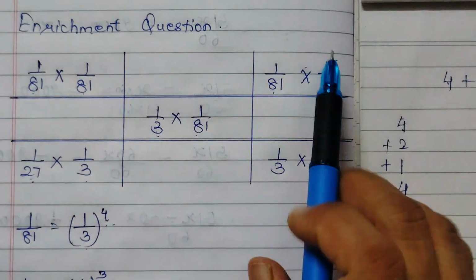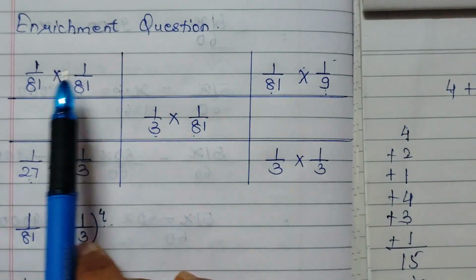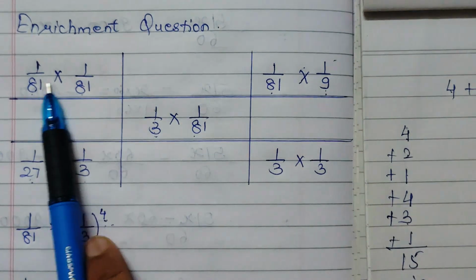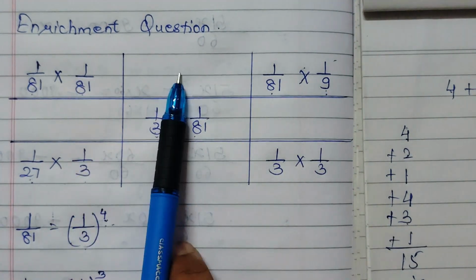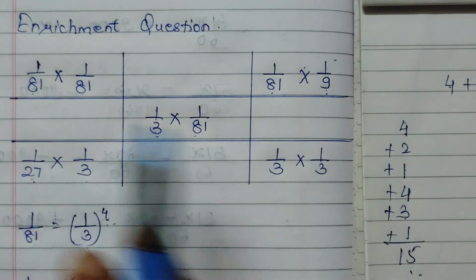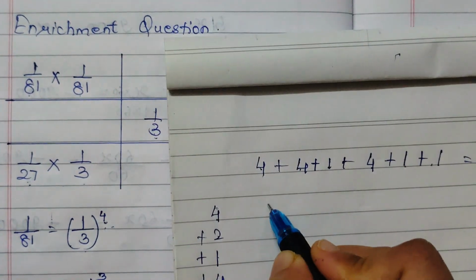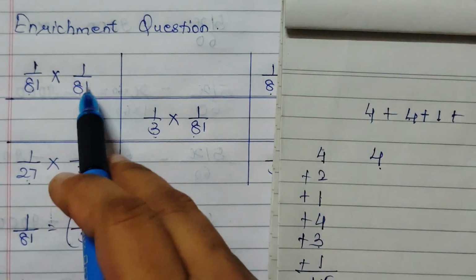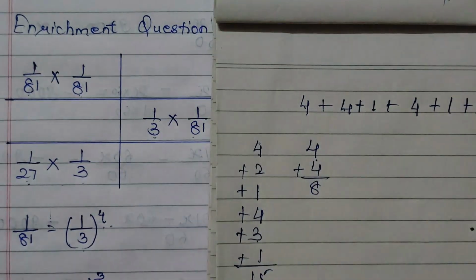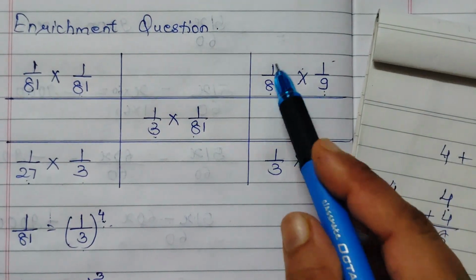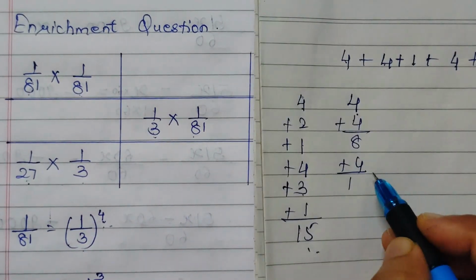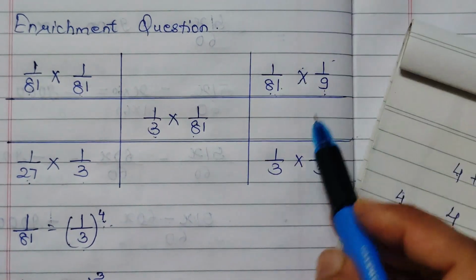Got it? So now we will start the first line over here. See, it is 1 upon 81, 1 upon 81, blank here, 1 upon 81 and 1 upon 9, and here we have to add some fraction so the total gets to 15 times. So first, 1 upon 81 means how many times? 4 times. Then again 1 upon 81, so it is also 4 times. Total we got 8. Now here 1 upon 81 again 4 times, so 8 plus 4 is 12, plus here 1 upon 9,